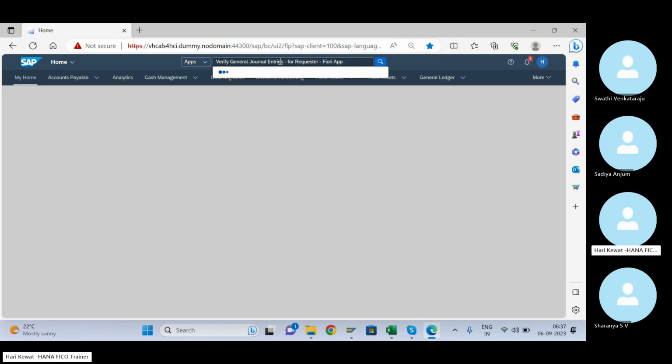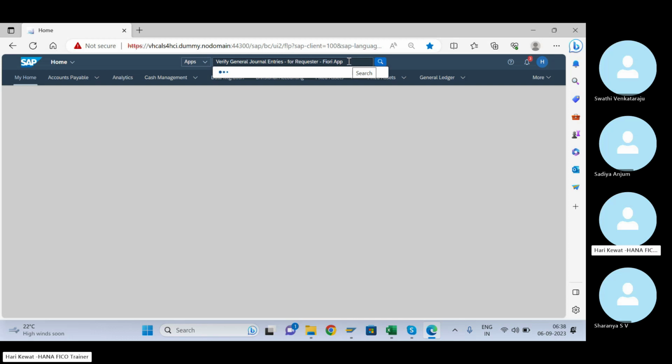This is highly used in real time because I have seen two kinds of client. One client does not want a parking option at all, and with one client I have seen every journal entry should go via the parking process. One client I have worked with, every journal entry has to go via parking. He cannot directly post any journal entry.